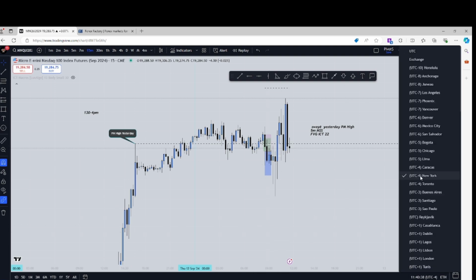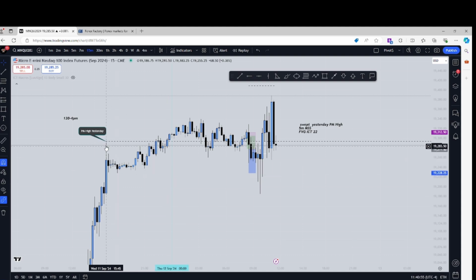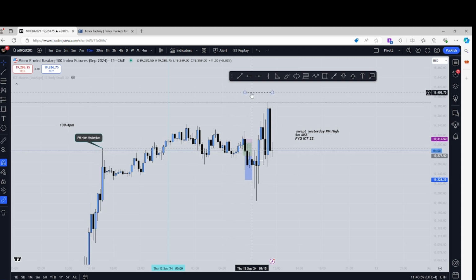All right. So as you can see here, and also down here to your right, every time I'm referring to time, it's going to be New York Eastern time. So make sure it's on New York time. So again, 1:30 to 4 p.m. That's our PM session. That's another key time for looking at the lows and see what they do, reversals. So again, we swept here. You're not trading until we get to 8:30. And again, we had 8:30 news. So I wait for 8:30 news to come out before I even trade.